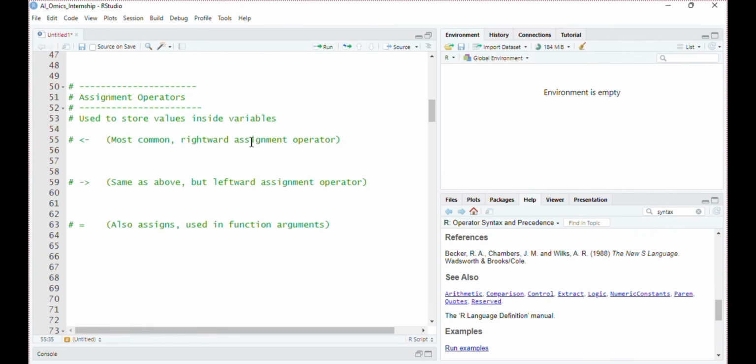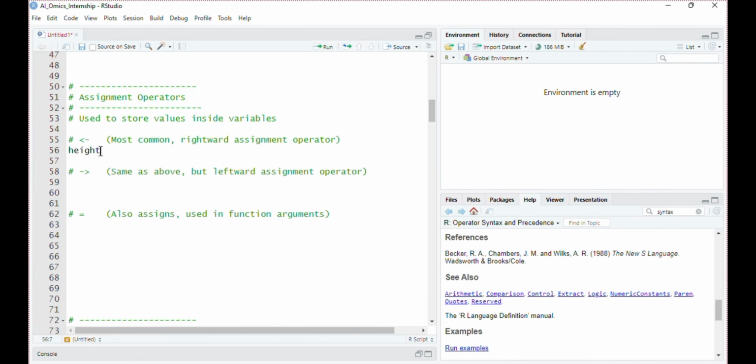To assign values, we have different types of assignment operators. You already know how to create a variable using the assignment operator. First we have to define the variable name. Let's say I want to create a vector height to store the height of the patients.